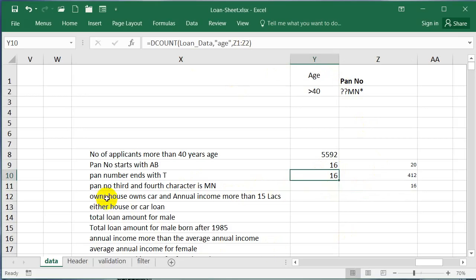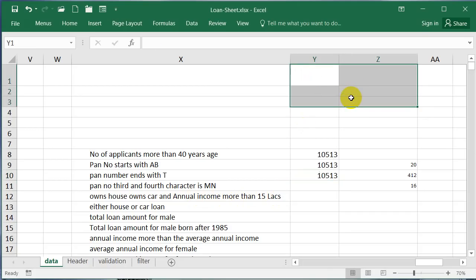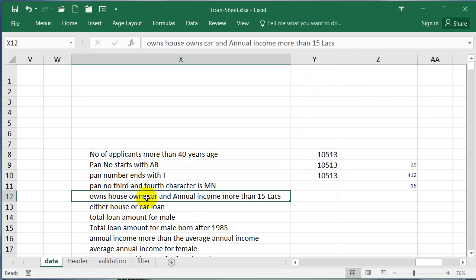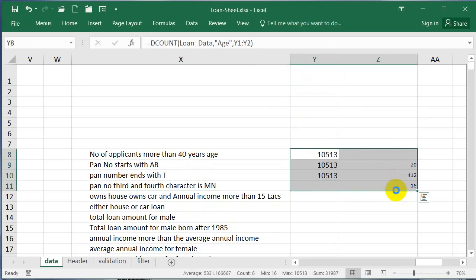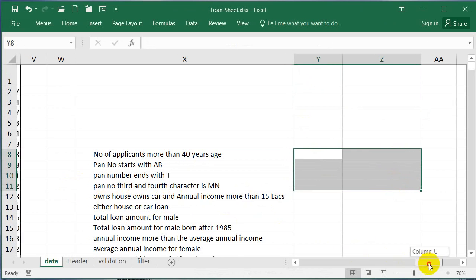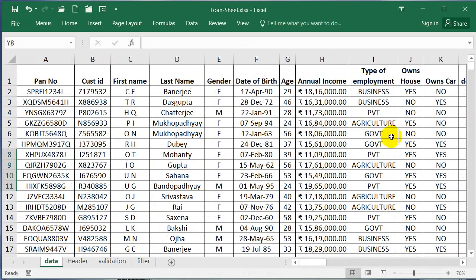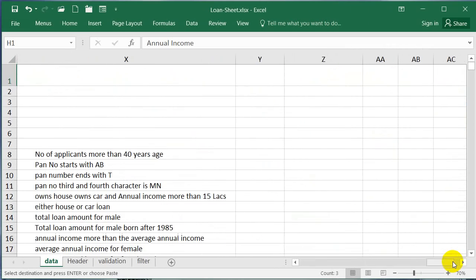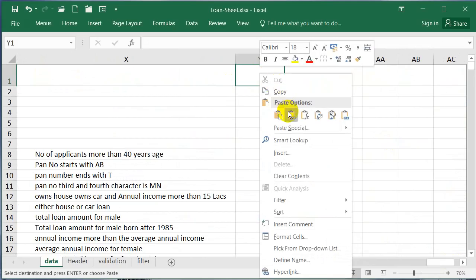This is the formula. Now owns house, owns car, and annual income is more than this. So what you have to do, find out in the problem, I'll delete these, find out which are the headings which are required. Owns house, owns car, and annual income, right? So those headings, just copy them and bring them somewhere here, right?